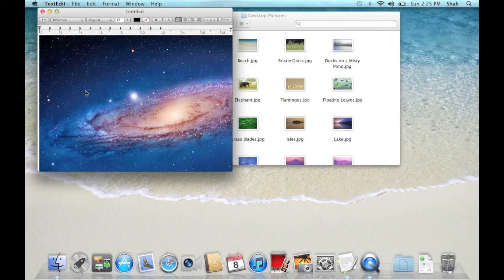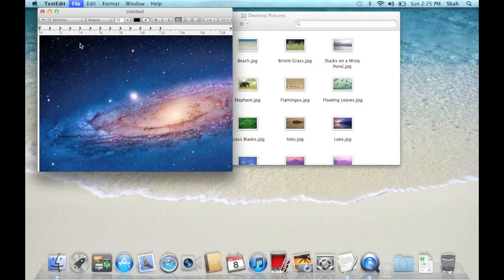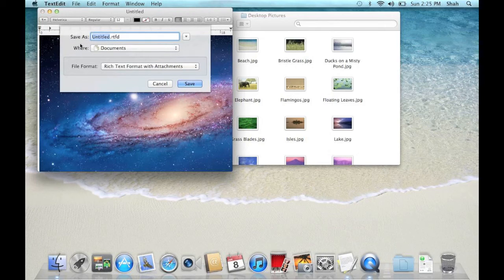Choose Save from the File menu. Change the name to Lesson Plan 1. Click on the black triangle in the box to expand the window.